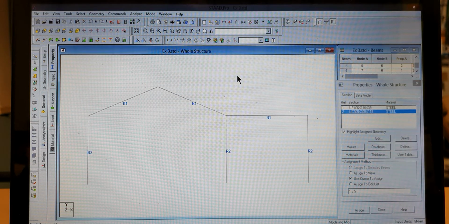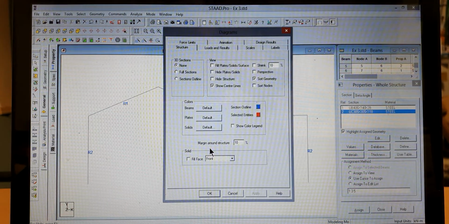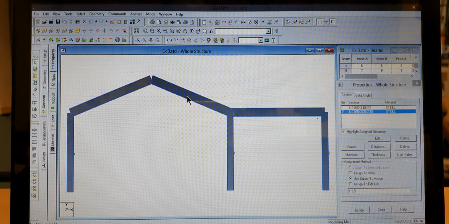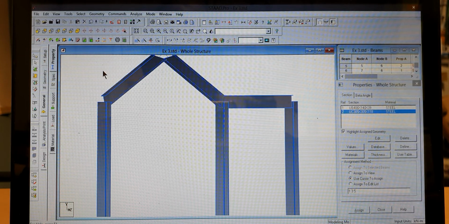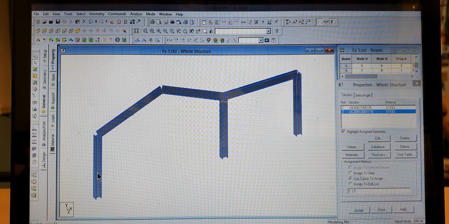So if you want to see whether we have assigned to the correct line or not, you can get the solid view, right mouse, go to structure diagram, go to full section, and then click OK. So here you can check whether you have assigned to the correct line or not. So this is the full section. Of course, you can rotate this structure, or you can get isometric view like this to confirm that this one is UC section,